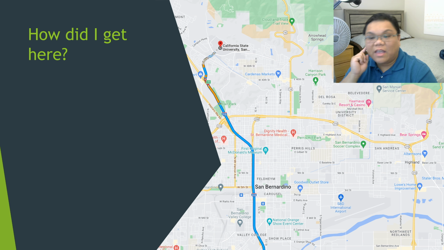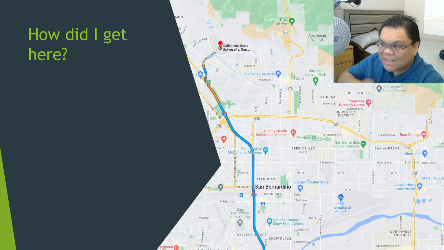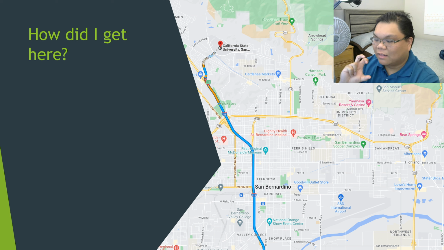But it has the clear advantage of I don't have to drive the entirety of that commute. I only have to drive like about half. Half of that commute is me driving, but the other half is me relaxing on the shuttle. So yeah, that's actually the first link in the chain of how I got here.